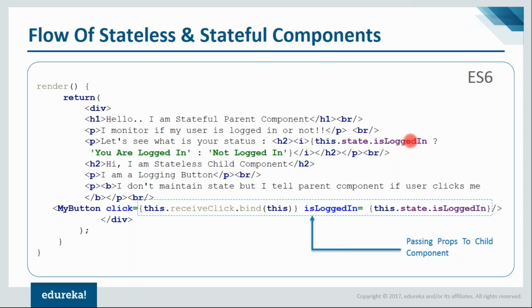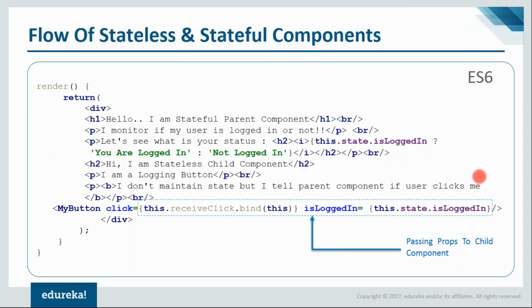Because my is logged in would be false, this condition would fail, and this is what would be printed. And I'm basically closing these tags for that. And then I have other HTML tags where I'm saying, hi, I'm a stateless child component. Then I'm saying I'm a logging button. Then there's also another line which says, I don't maintain the state, but I tell the parent component if the